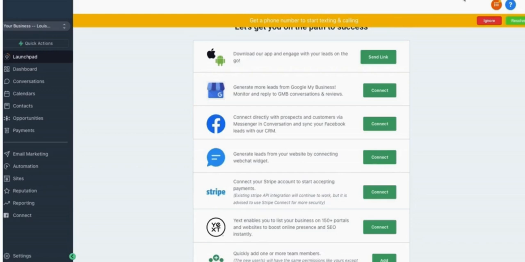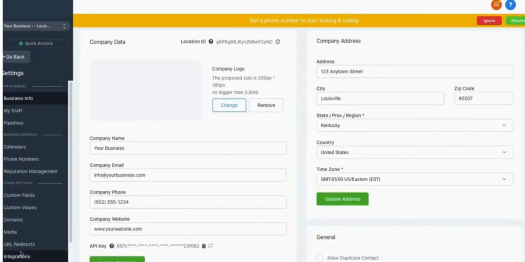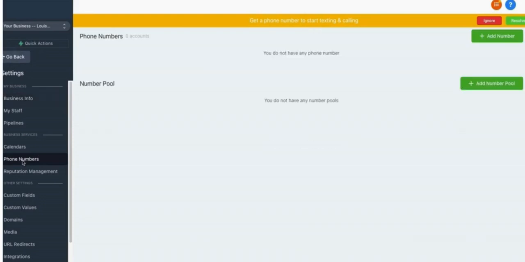There's two ways to do it. First one is to click the resolve button. It'll take you right over there, but if you don't have this yellow bar, what you can do is scroll down to the bottom left-hand corner here, where it says settings. Click settings, and it's going to take you over to the settings of the application. What you're going to do is scroll up just a little bit, and there's phone numbers here on the left-hand side, so click that, and we are going to add a phone number